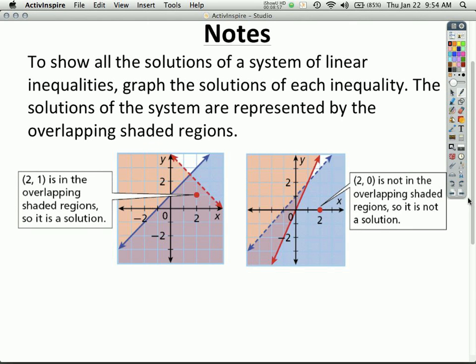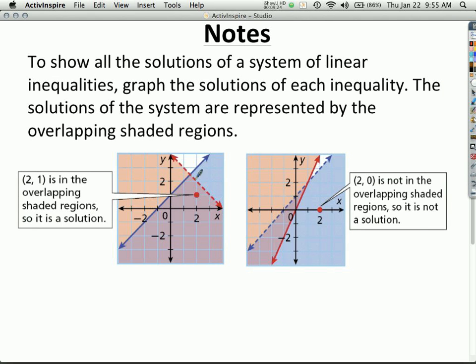when we solve a system of inequalities, you can't use elimination or substitution, because you're not looking for one point. You're looking for a whole bunch of points. And the whole bunch, the group, the region, is represented by an overlapping area on a graph. And so here, you see the purplish area is the overlapping region. This is shaded once, this is shaded once, this is shaded twice. That represents the set of solutions.